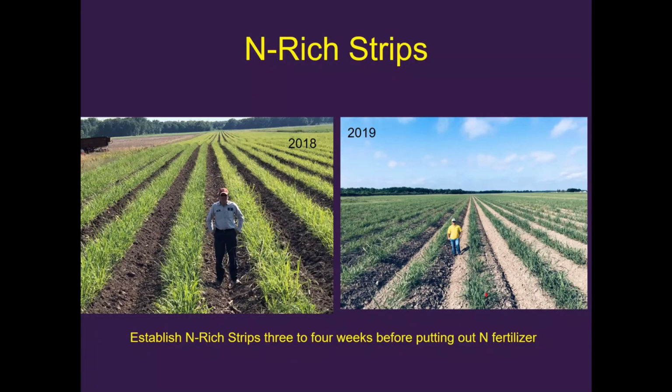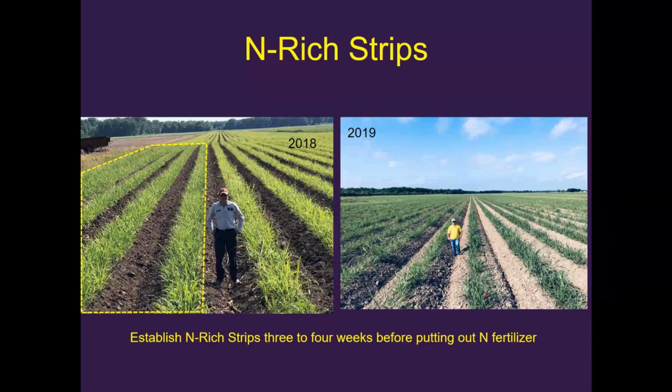So with this technology, we have to pair it up with what we call enriched strips, which give us a reference on whether we get a response to nitrogen fertilizer. And if we do have a response for this particular year or certain years, then how much is that? It's going to be some sort of a basis. We do encourage that, for the process by which you use the enriched strip, you establish it 3 to 4 weeks before putting out the nitrogen fertilizer. So this is something that you have to do in advance so as to get the reference out